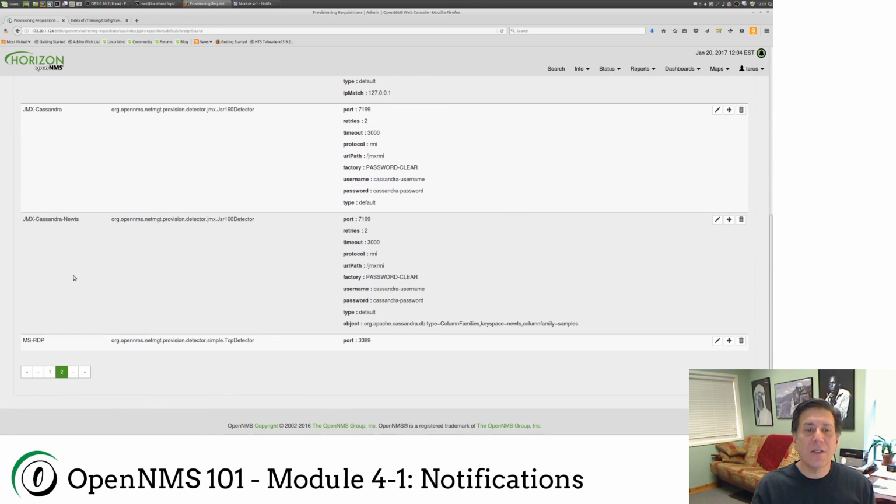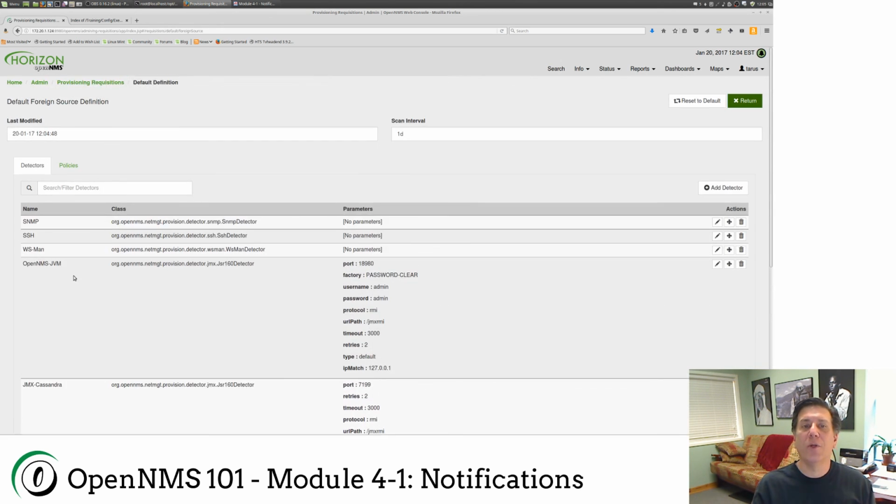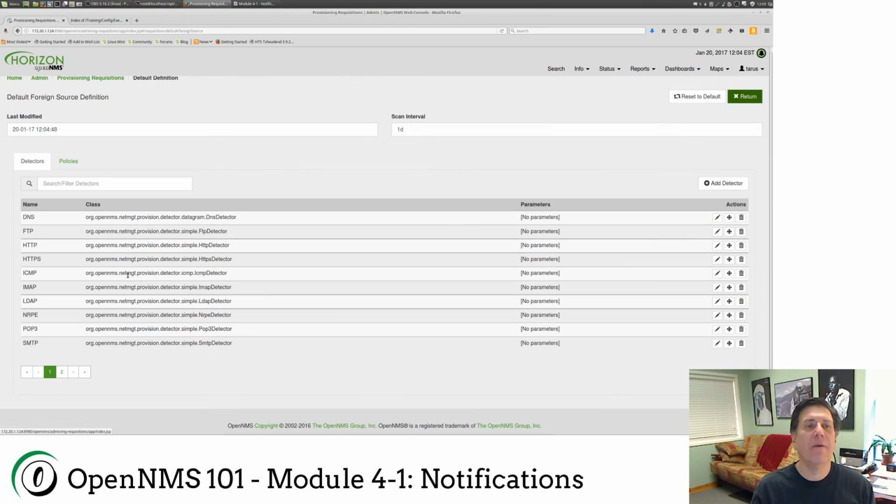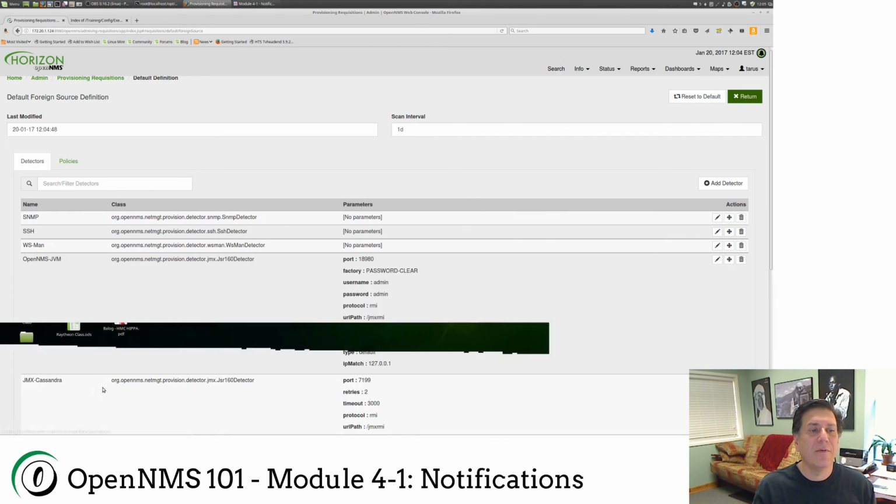Now, I want to stress, when we start talking about discovery and monitoring, they are different. So if I go to my first page here, I've got this class, and a class is basically a piece of code in Java, it's the HTTP detector. Now, I'm going to skip back to the second page,